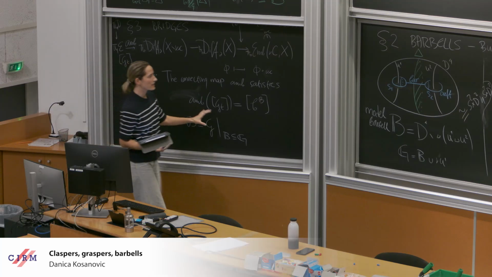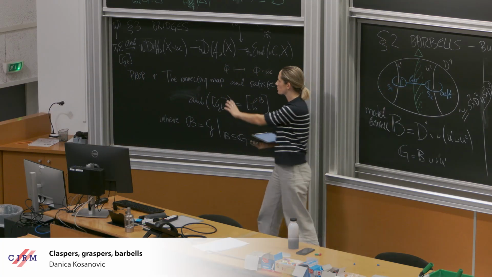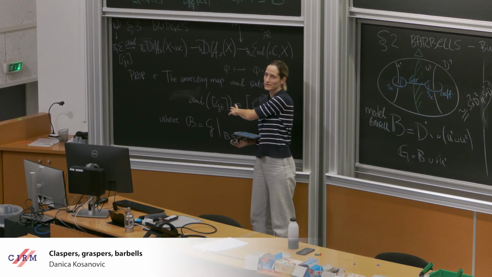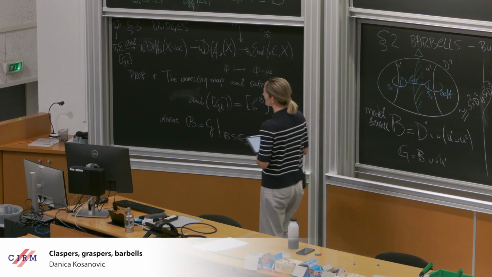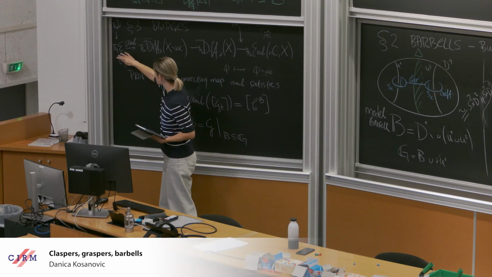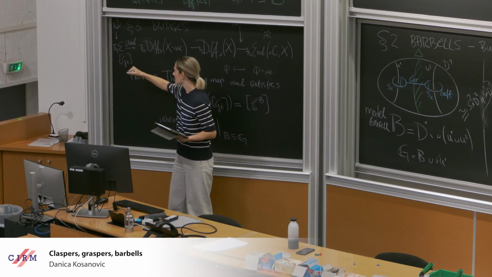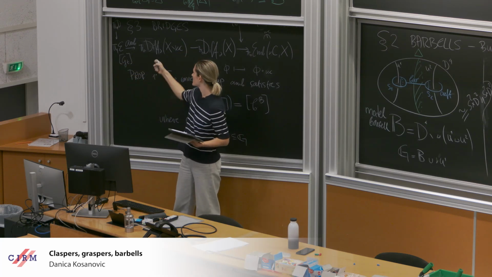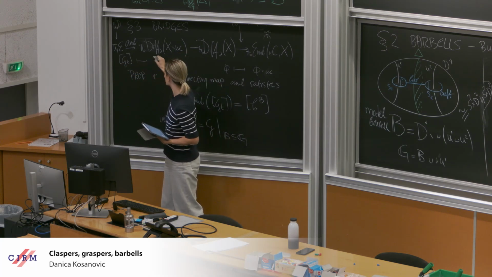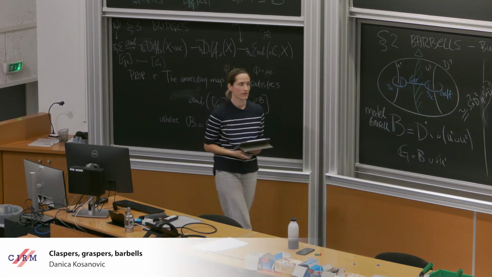So what I'm saying here is that this was true in these models, but it will also be true ambiently when you embed these things. Okay? And why is that? Well, that's because the connecting map in this exact sequence is the ambient isotopy extension map. It starts with a loop, lifts it to a path of diffeomorphisms, and then restricts to the time 1. And this is the barbell map. Okay?